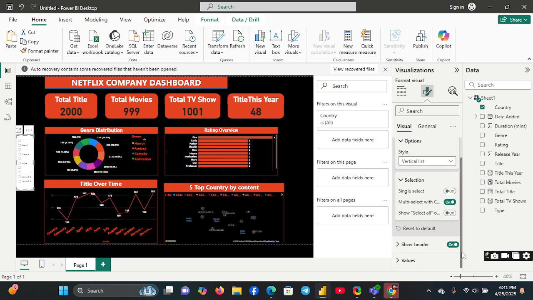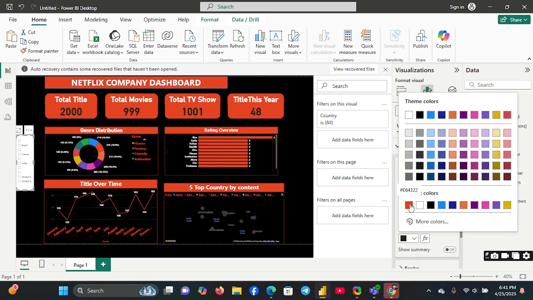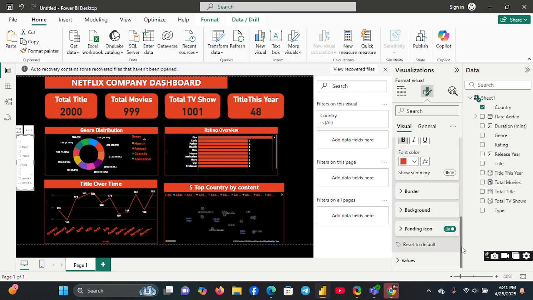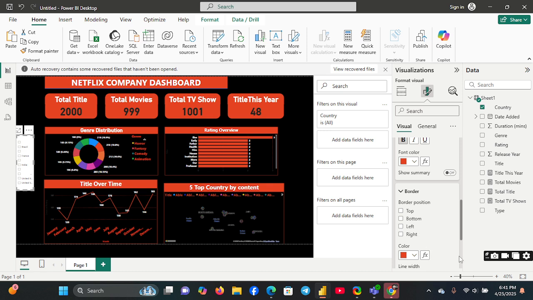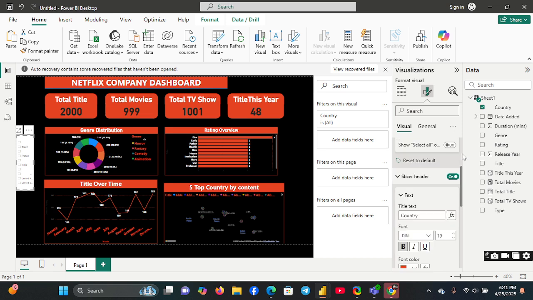Now let's change the slicer headings. Let's change to red, and then make it bold, increase the font a bit, then in the center. Now for the border, we want the border to be also red. So now after that, we also want the